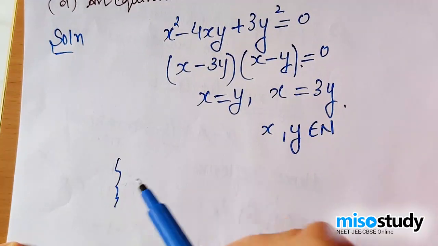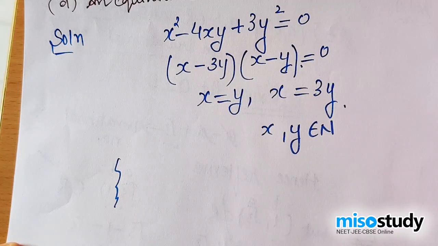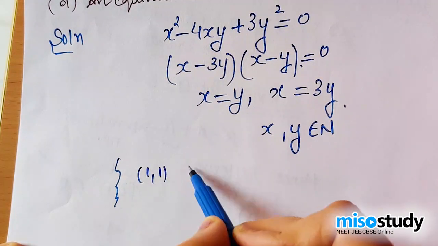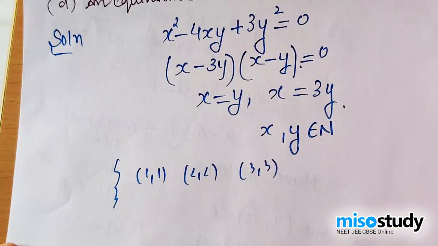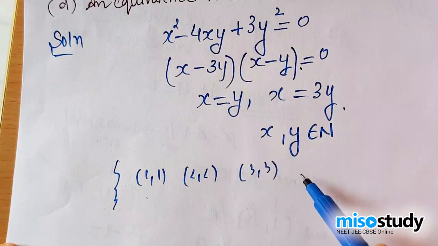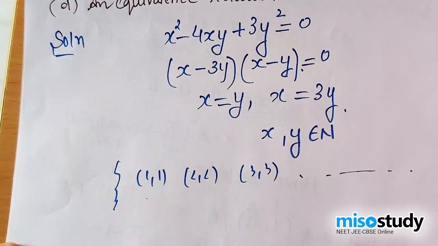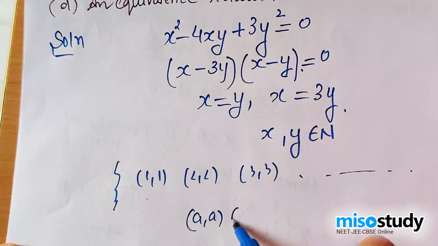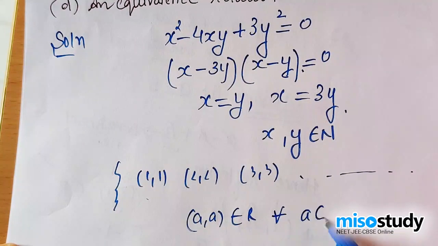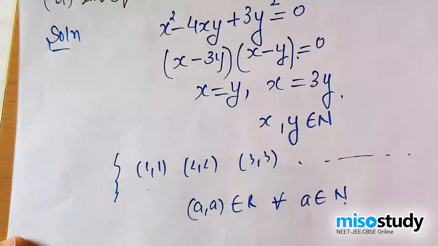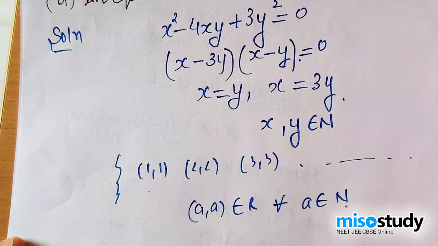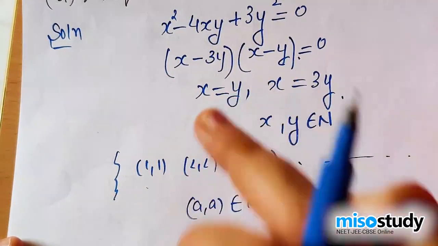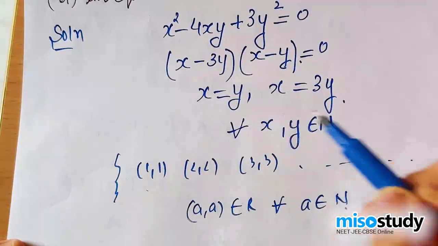So x equal to y means, since the set of natural numbers is infinite, I'll just take a few examples. Since x equal to y, that means you must have (1, 1), (2, 2), (3, 3), (4, 4). So for every x belonging to N, you will have this coming true for all the natural numbers. Alright, so therefore (a, a) belongs to R for all a belonging to N. Yes or no? You will have (a, a), I mean the elements (1, 1), (2, 2), (3, 3), (4, 4), (5, 5) and so on till the natural numbers end, belonging to R, because you have x equal to y for all (x, y) belonging to natural numbers.